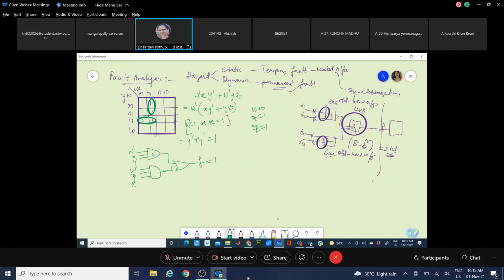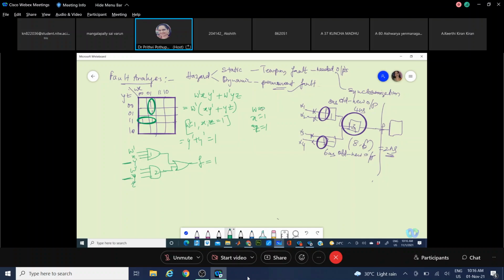Now, here we have 3 gates. Say 1 and 2 are 2 AND gates having some difference in their propagation delay, that means one is faster than the other, as we mentioned here. Now, this is Y dash here and this is Y. The Y is appearing in its complement form.